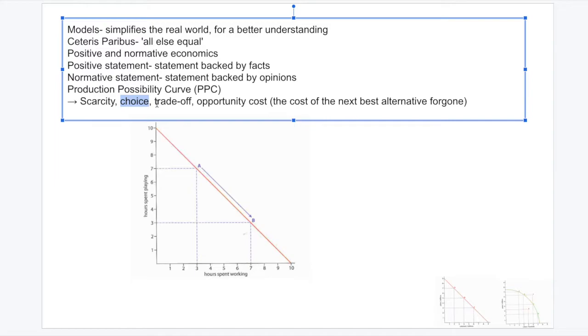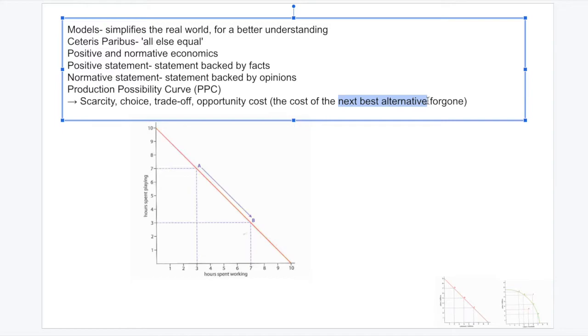And this is related to the idea of opportunity cost, which means the cost of the next best alternative foregone. So let's break down this definition we have here. The cost of the next best alternative foregone. So what's the next best alternative? Let's go back to the example I made of good A and good B. For good A, the next best alternative is good B,